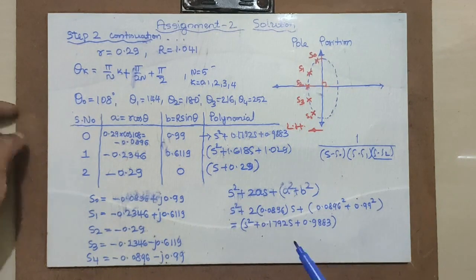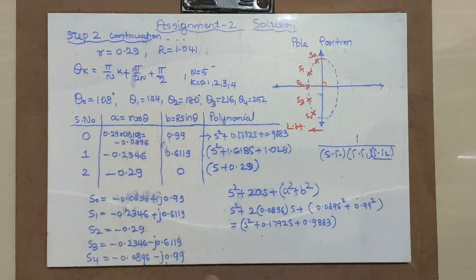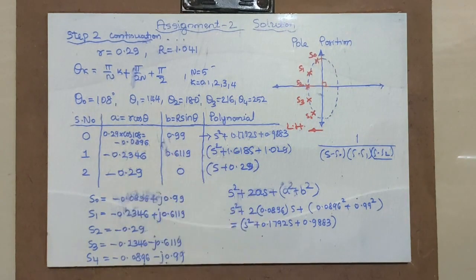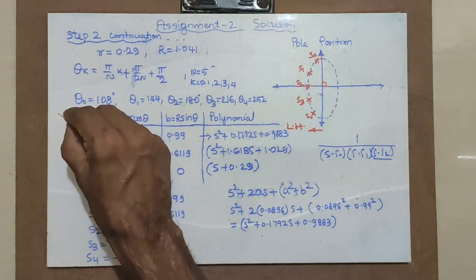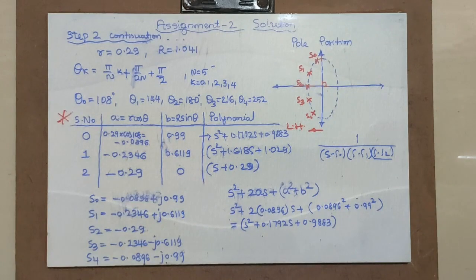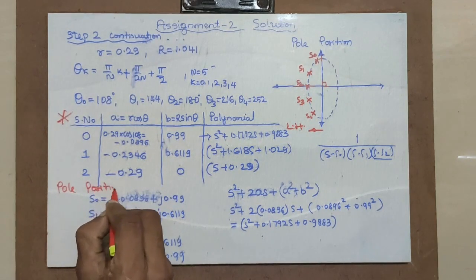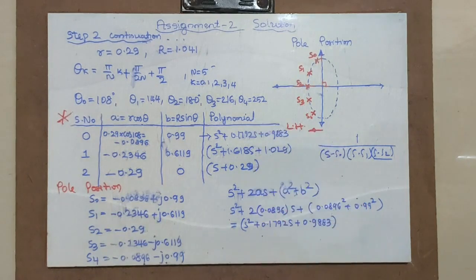Please note that I have added a step where I am finding A and B and I am giving the pole positions easily from this table. This is an important thing which you can use so that you can find the pole positions as well as polynomials. Hence this step is not completed yet. I have to find H of s now.